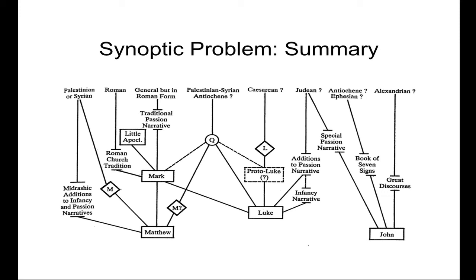I take this photocopy from a recent book on the synoptic problem because this is one scholar's proposal. And you can see that it's a lot more complicated than a four-source hypothesis, although lurking in there, there's Q, there's Mark, there's Luke, there's Matthew, but there's also Proto-Luke and L and different versions of the little apocalypse and so on and so forth. That's a really messy diagram. I also suspect it's closer to the truth.